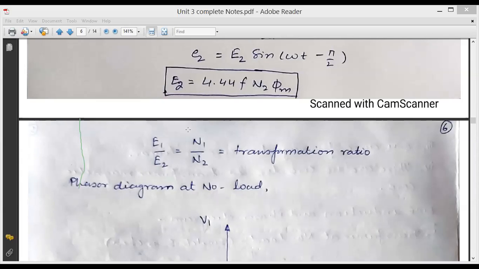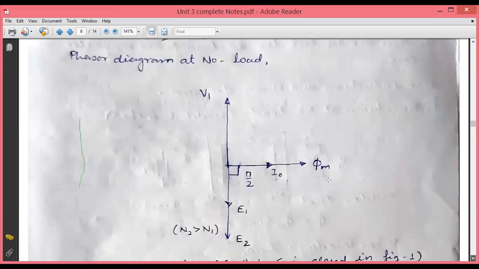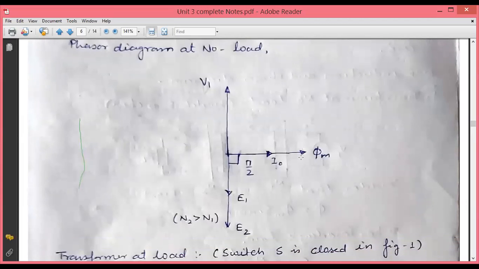So now we are in the process of drawing the phasor diagram of the transformer at no load condition. No load condition means there is no load connected in the secondary winding. So we first draw phi equals phi m sin omega t. Since this phi was associated with 0 angle, we drew it on the horizontal line. And this flux is directly proportional to the current. Since we are considering that the BH curve is linear, there is no phase angle difference between flux and current. So whatever is the direction of flux, the same is the direction of the no load